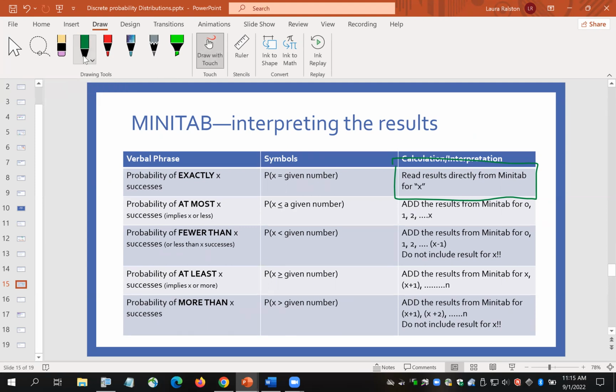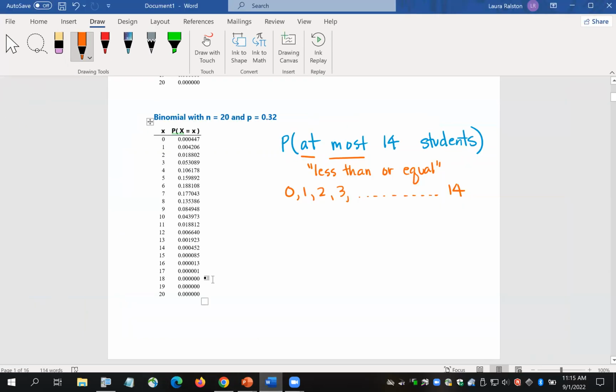Okay, so if I look at my table again and find at most, it's the second row, and it says add the results from Minitab for 0, 1, 2, all the way up to X. So what we need to do is it wants us to take all of the values for the probabilities from 0 all the way up to 14